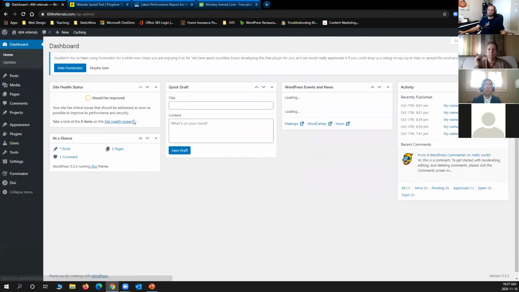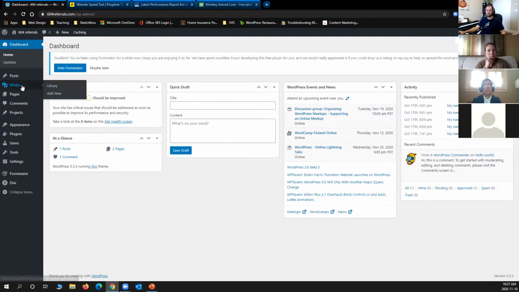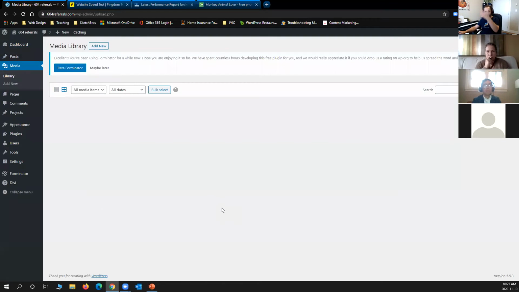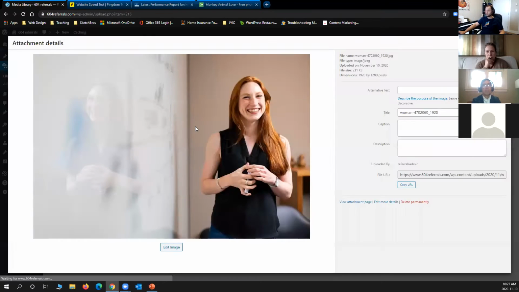Or I don't even need it to be that much. What am I supposed to do? This looks familiar, right? That's your WordPress desktop. Perfect. Go to your media section, find that image. Not when you are editing a page, just in your WordPress. Now, let's say I have a bunch of images here. I don't know. Let's take a look at this. Well, it's 231 kilobytes. That's a lot.